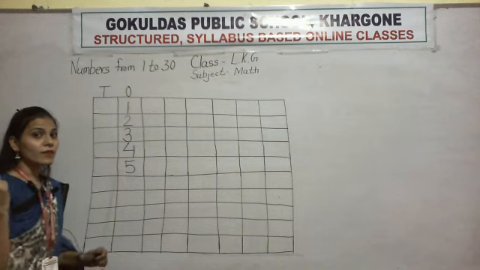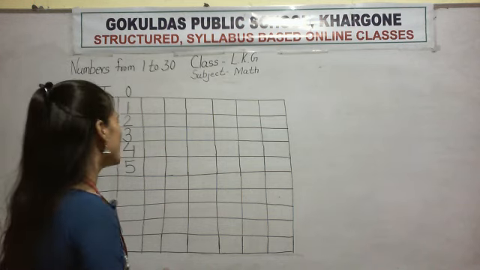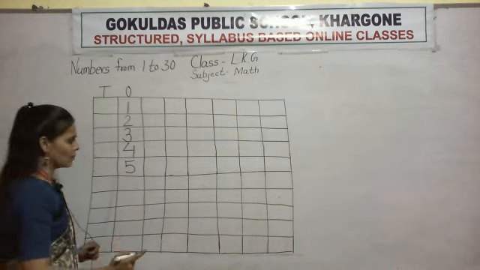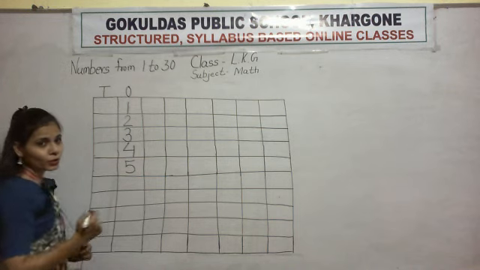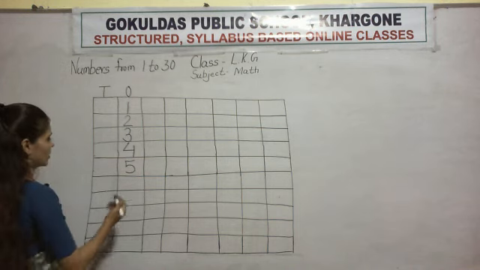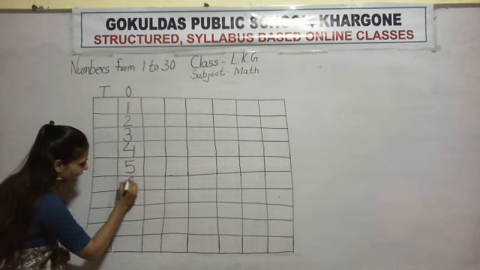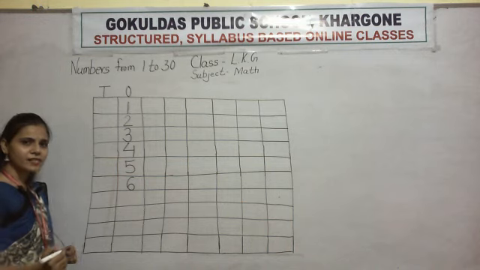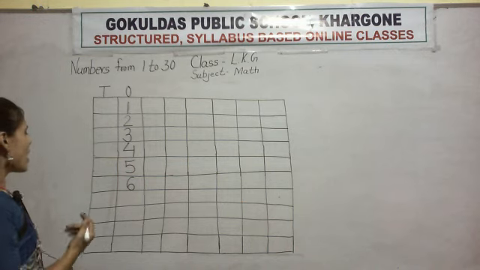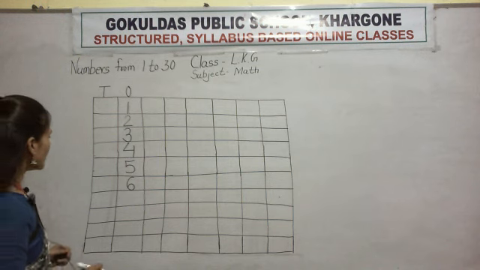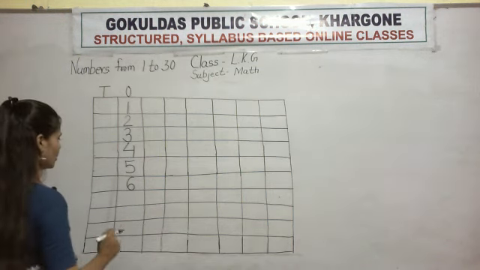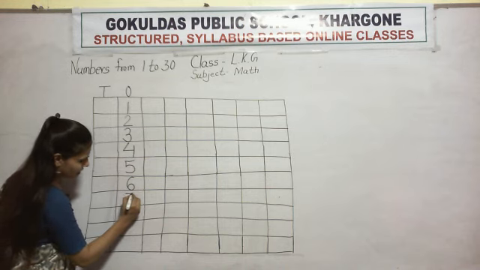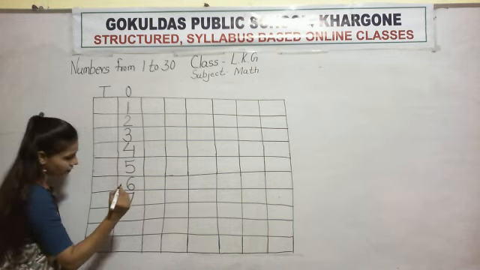After number 5, which number will come? Tell me fast. You say after number 5, number 6 will come. So how to write number 6, ma'am? You tell me now how to write number 6. Look here. You make half curve and circle. So this is number 6. Now after 6, which number will come? Number 7. So how to write number 7? We will write slipping line and slanting line.